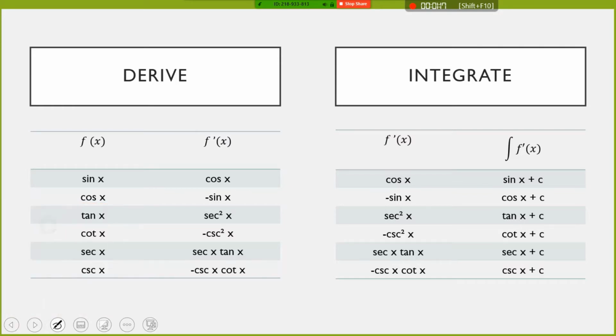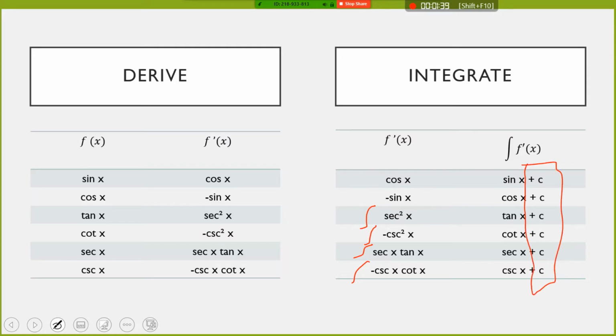So if I integrate secant squared, I should get tangent. That's because when I derive tangent, I get secant squared. If I integrate negative cosecant squared, I'll get cotangent. Integrate secant tangent, I'll get secant. And integrate negative cosecant cotangent, I'll get cosecant. Again, just working backwards. All of these plus c's